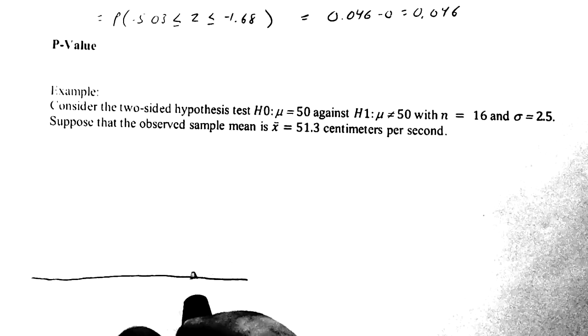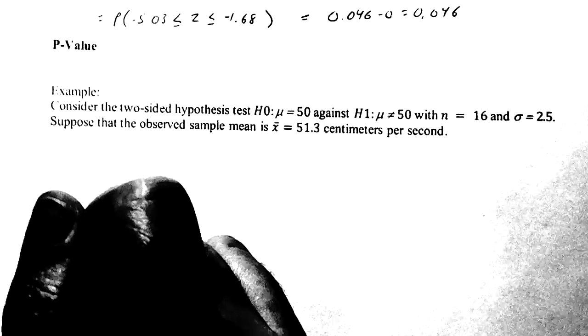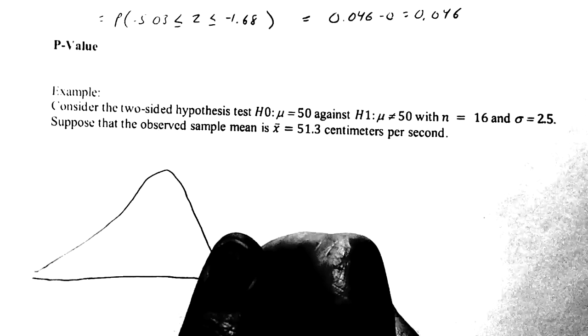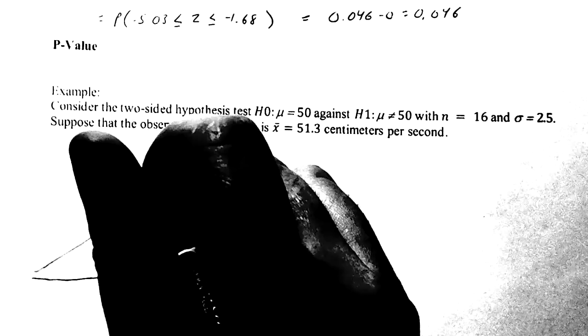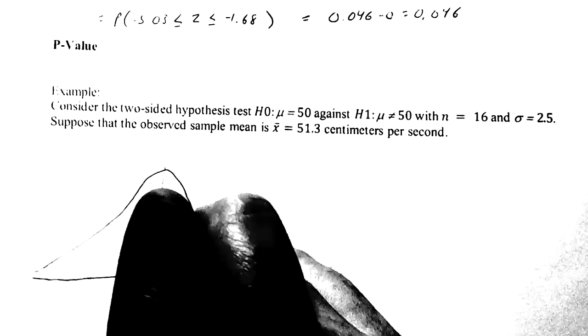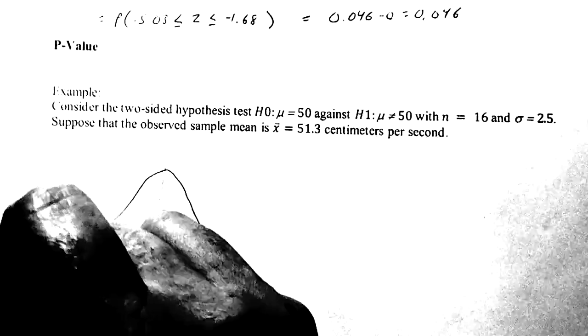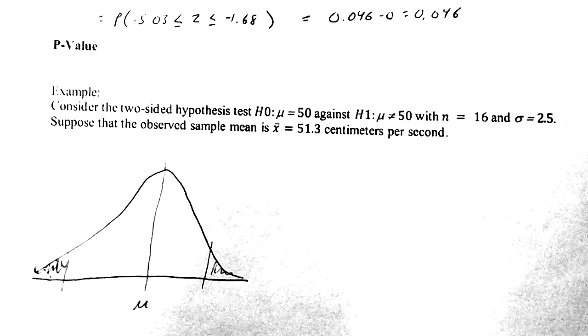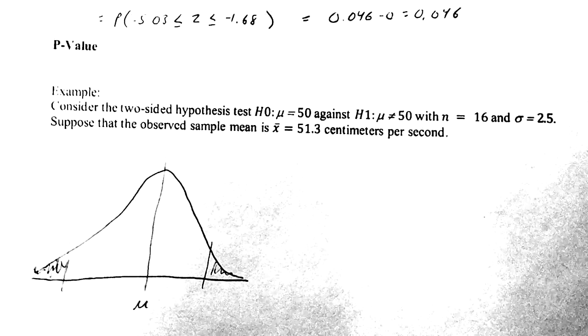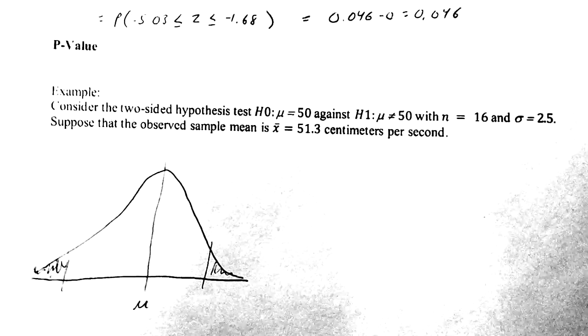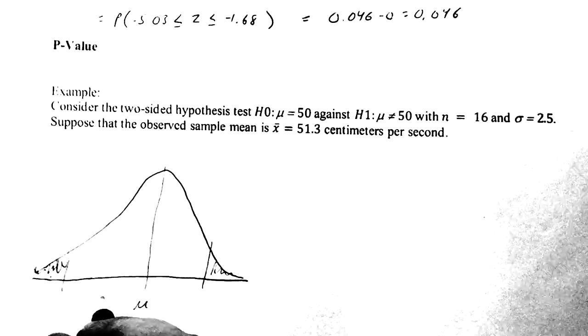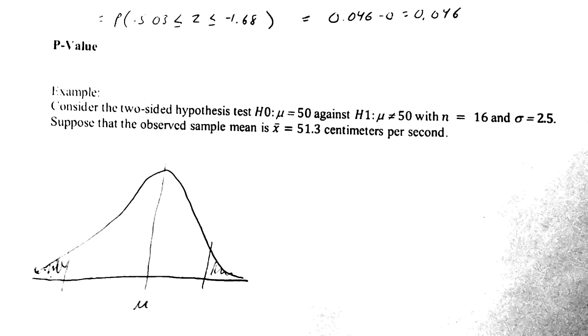If we look at a normal curve and we have a given mean mu, and then we have these tails where we're rejecting a sample mean, even though they are within the distribution, we're looking at the p-value being the smallest level that would lead to a